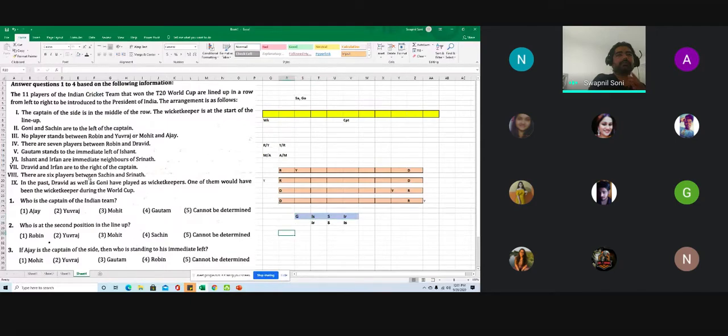ये बात पढ़िए. Next. Dravid and Irfan are to the right of captain. This is a very good information. Dravid and Irfan are to the right. Now, if Dravid and Irfan are to the right, which means Dravid